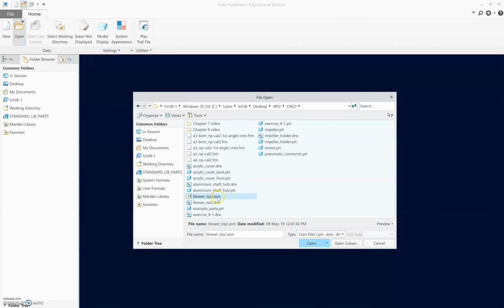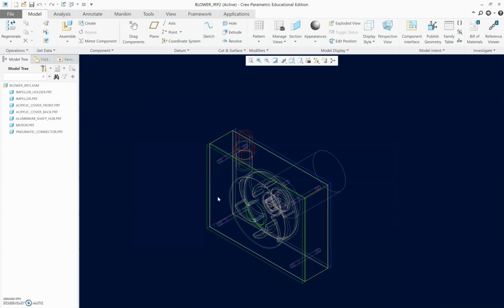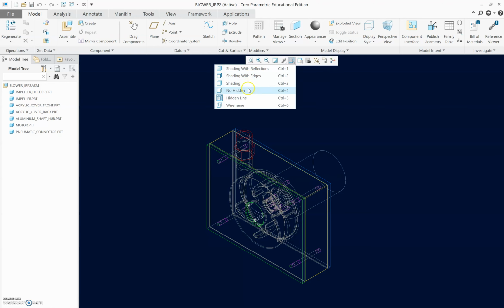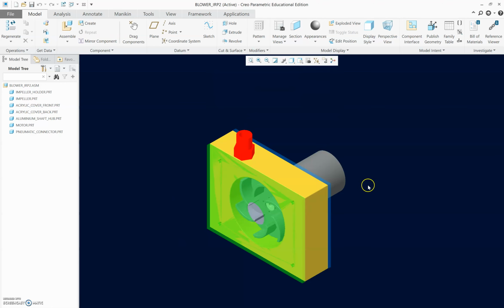So let's double click on the assembly files, and you should be able to see the assembly files in the software, and you just need to change it to shading mode. Okay, so this is the full assembly of the blower. So next, we're creating the